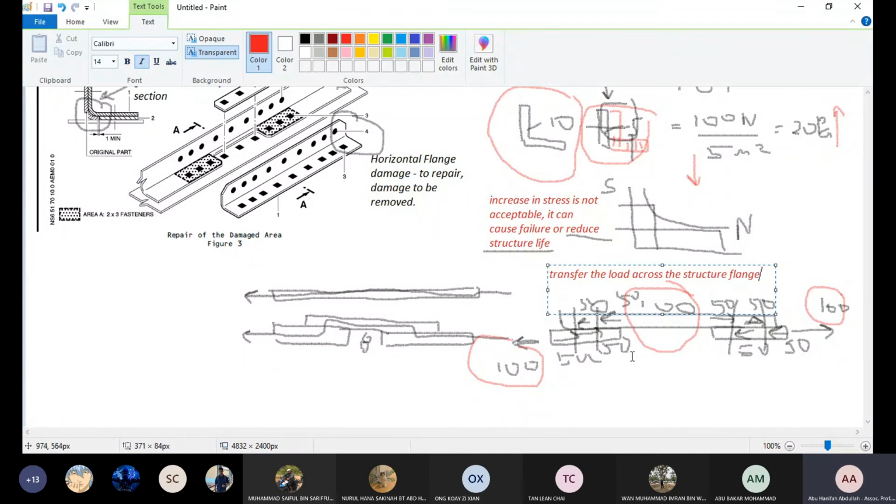As you cut, you need to cut off because you need to remove the damage. Because the damage may grow. The corrosion grows, the crack grows. We do not want those defects to grow. We cut it off. Then after we cut off, we lost the section. When we lost the section, the area becomes less. When the area becomes less, the stress is higher. Then you have to do something. So you have to transfer the load across. To transfer a load across, you need to transfer the load from here